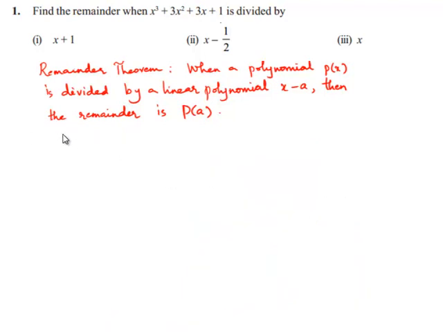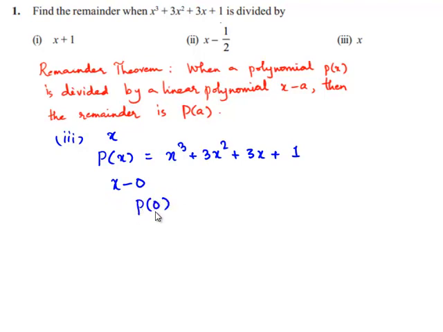Moving to the third bit, which is x. So the given polynomial p of x is equal to x cube plus 3x square plus 3x plus 1. The given linear polynomial is x, nothing but we can write it as x minus 0. So by the remainder theorem, the remainder would become p of 0. In order to find p of 0, let us substitute x is equal to 0 in the given polynomial